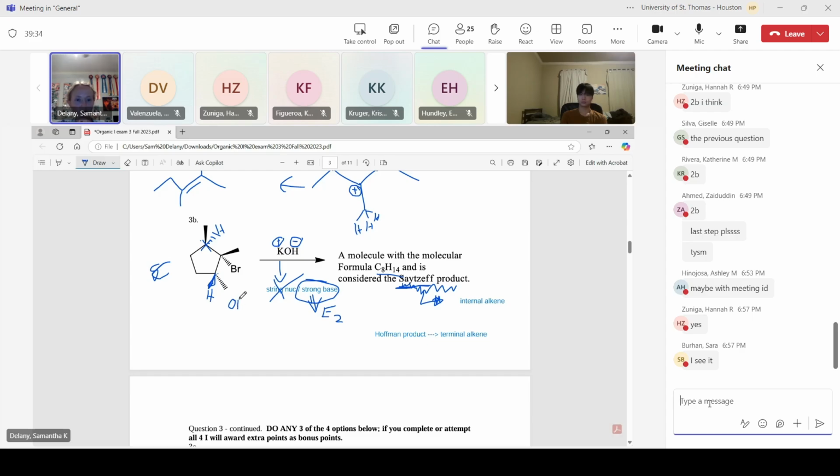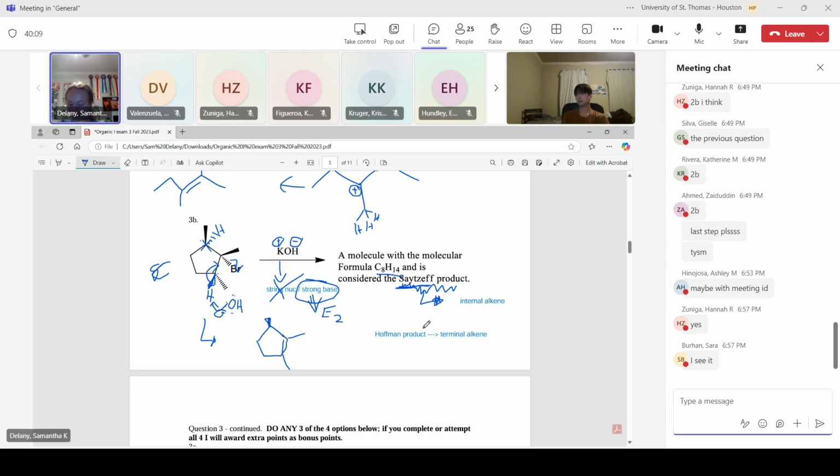So this time our hydroxide ion, which is negatively charged, is going to act as our base, and it's going to pluck off this hydrogen, moving the electrons down and kicking off the bromine, all in one singular step. And so what we end up with as our product, I'm going to try to draw my pentagon, my cyclopentane, is